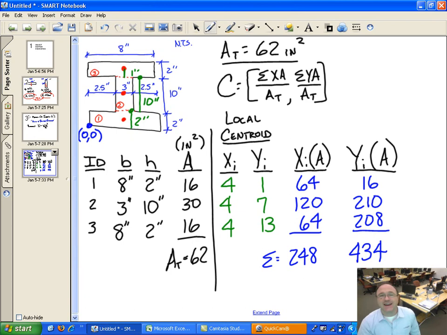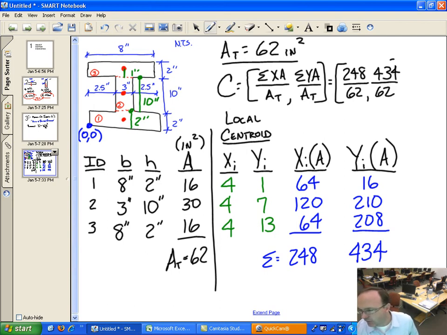We take the weighted average of each of the centroids, divide by the total area. So in our case, we have 248 divided by 62, 434 divided by 62,